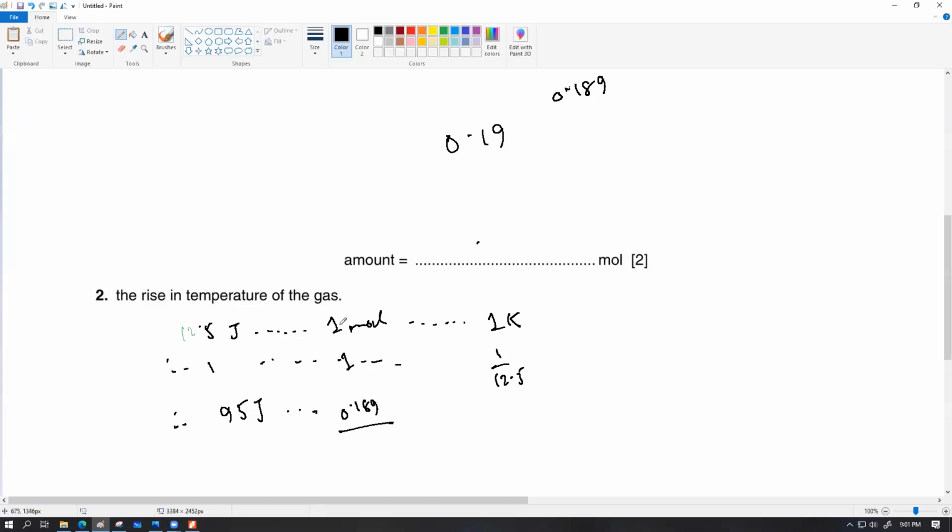Less than 1 mole of gas should exhibit more temperature increase or less temperature increase? এই কথাটা বুঝতেছো কি বলতেছি? কম না, বেশি। 2.5 জুল অ্যাপ্লাই করে 1 মোলের জন্য যদি 1 কেলভিন হয়, তাহলে যদি আমি 2.5 জুল এনার্জি 0.189 মোলে অ্যাপ্লাই করি, তাহলে আমার টেম্পারেচার ইনক্রিজ কি এর থেকে কম হবে না বেশি হবে? আচ্ছা হ্যাঁ, বেশি হবে, which means